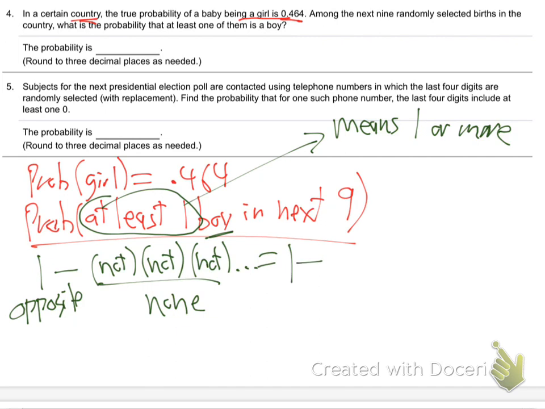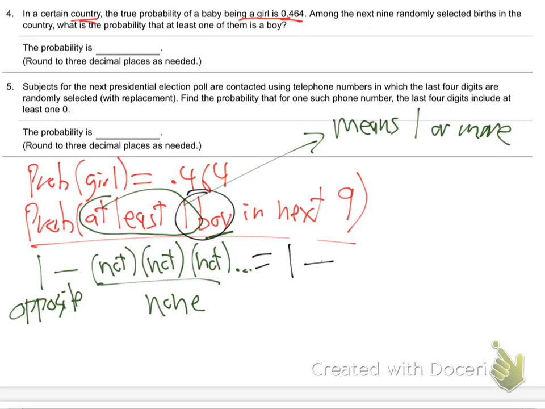Now, what are each of those nots going to be? Not what? What are we even talking about? Not a boy. Right? Because they're asking what's the chance of at least one boy. And we're saying not a boy, not a boy, not a boy. Last time they asked what's the chance of at least one girl. So it's whatever they're trying to go for in the problem. Let's say what's the chance somebody has this disease. So it's whatever they're talking about, we're saying not that. In this case, they're talking about having at least one.